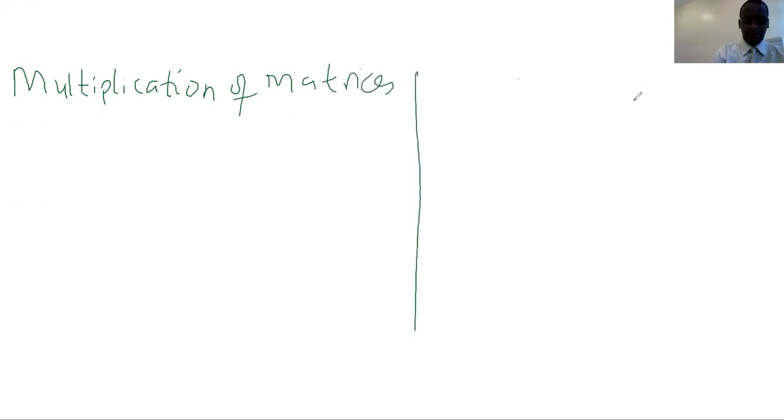we have to look for compatibility. Multiplication of matrices: we have to look for compatibility. So for matrices to be multiplied,